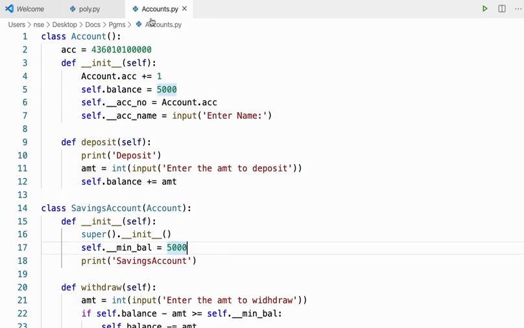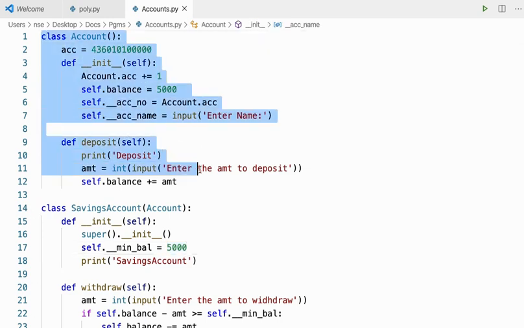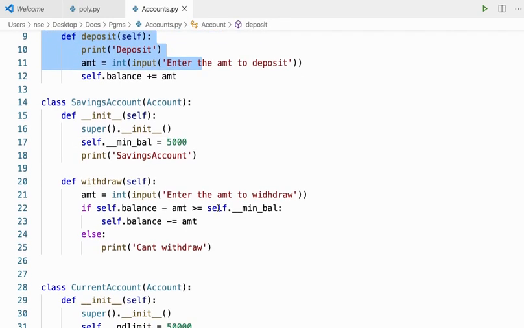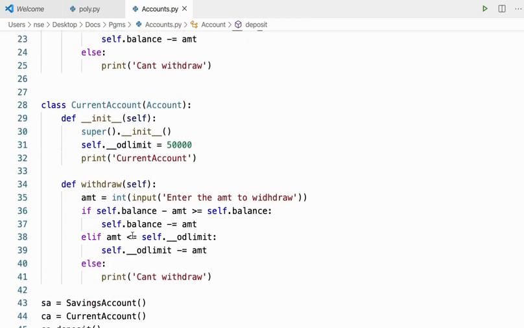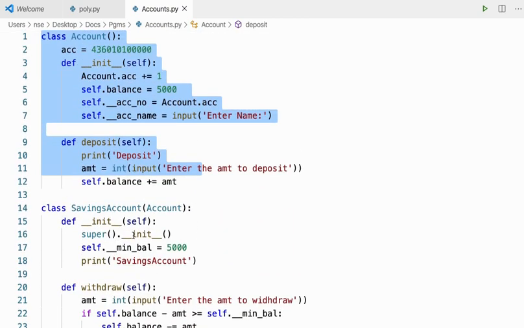Okay, here I have an example of banking where you go to a bank and you want to create an account for yourself. There are two types of accounts. One is savings account, another one is current account, right? So I created a base class called account, and I have two derived classes. One is savings account, another one is current account. Let me explain what I have done here, right?